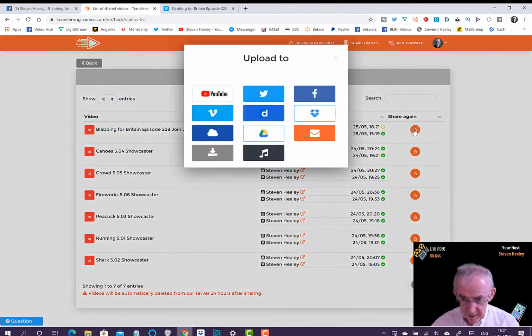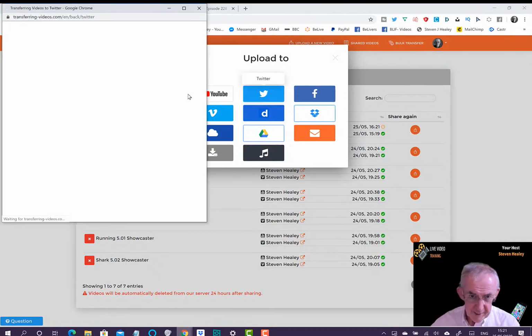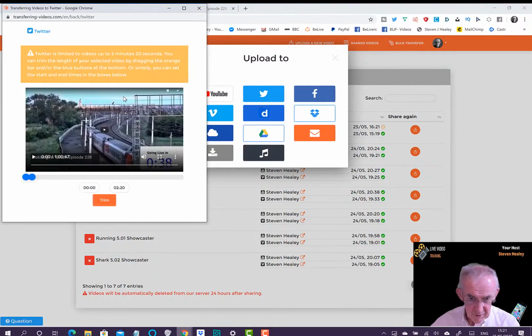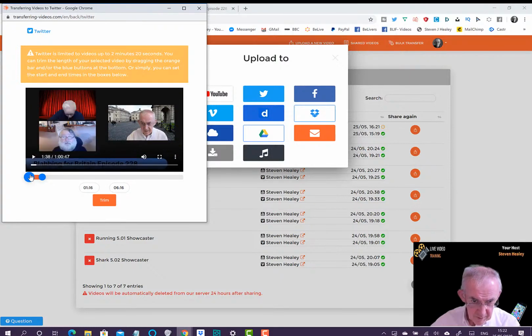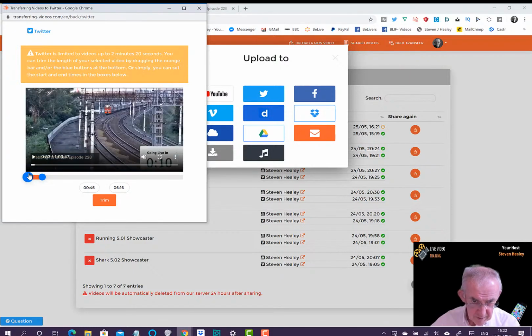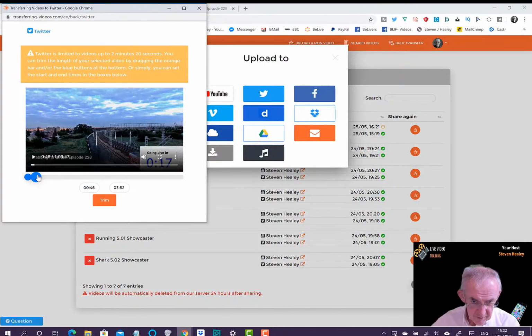If I press that again and I select Twitter this time, I get a new option, and there I've got the video. Now I don't want the whole of the countdown to be included, so I can take it back so that I only include that much of the countdown. And we know that you can have 2 minutes 20 seconds video on Twitter, so I'm going to trim it to 2 minutes 20. I've got it 3 minutes at the moment, so I need to go a bit further to the left,